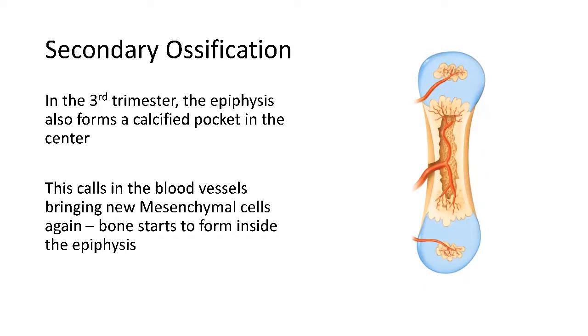Then at about month 6, the third trimester, we see more blood vessels come in and we start the same process on the ends, on the epiphysis, with the calcified pocket. This is called secondary ossification because it's the second place we start. Each end counts as secondary because they started about the same time. And again, this brings blood vessels in, the epiphysis cells die, and we bring in new mesenchyme cells to start